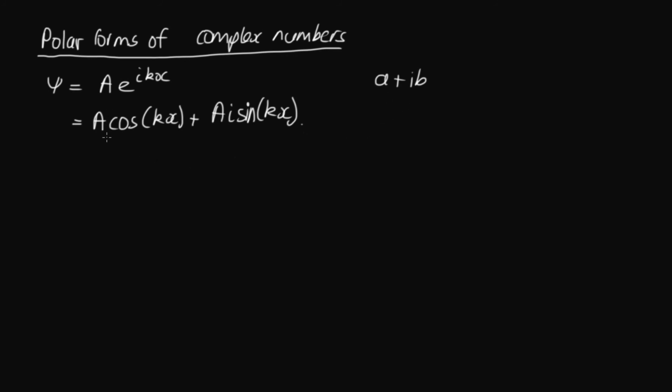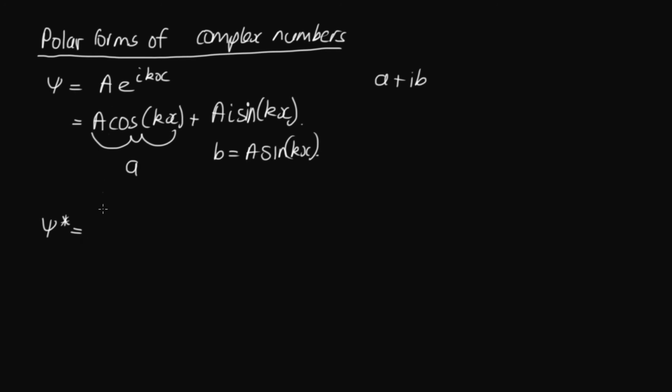And so the a cos kx, that was our a from before, and the b is equal to a sin kx. So how we take complex conjugates of numbers in this form is psi star,